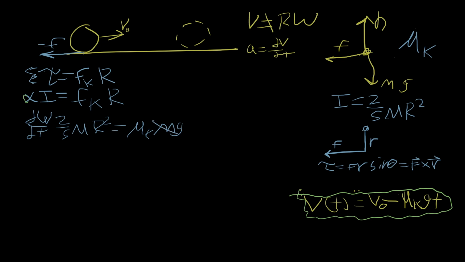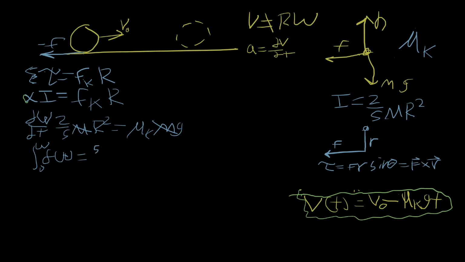This will cross out our masses in our problem, and then will leave us with the integral of d omega from 0 to omega, since the ball is not rolling initially, and then it's going to be set equal to